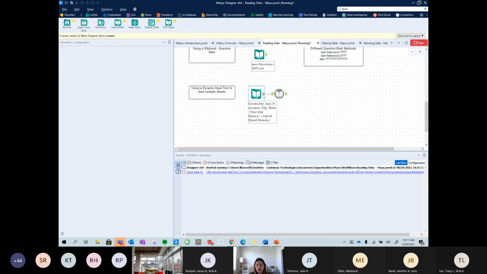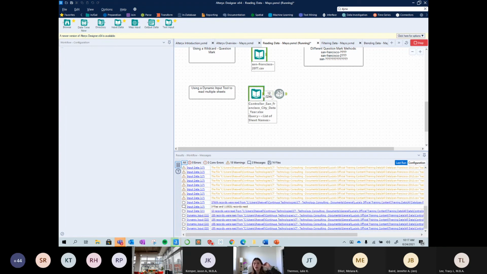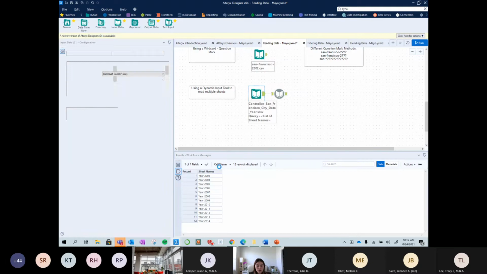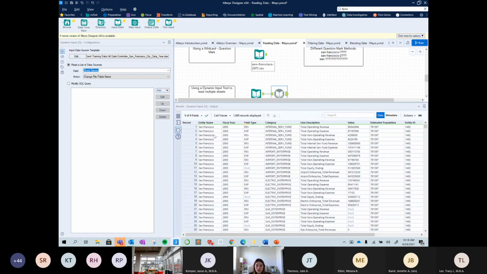And then now with that file name, it's going to get the first sheet name, grab it from that file, take the second sheet name, grab it from that file, and so on all the way down. So one by one, it'll bring these onto the template, connect to that file, and then stack them on top of each other. So now coming out of the dynamic input tool, we can see fiscal year is going to be our kind of,